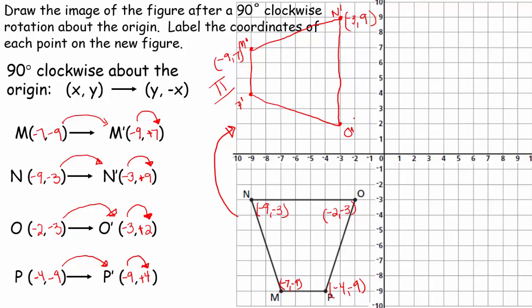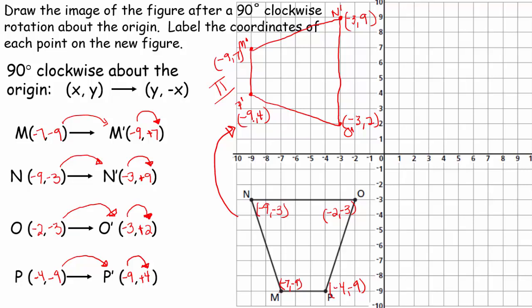O prime is at -3, oops, sorry about that, 2. And finally, P prime is at -9, 4. Beautiful. Now we followed all the directions. We have it labeled correctly. It's in quadrant 2, which is exactly where we expected it to be, and it was turned 90 degrees clockwise